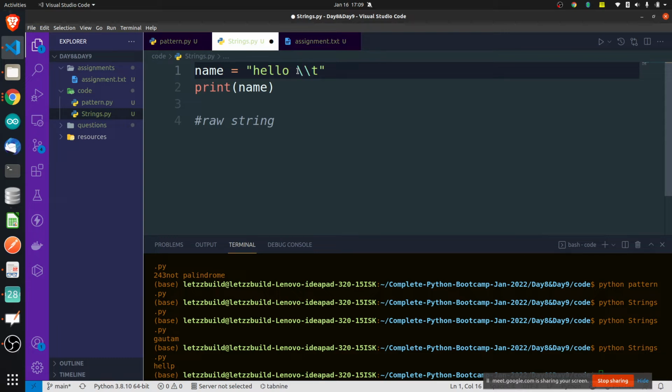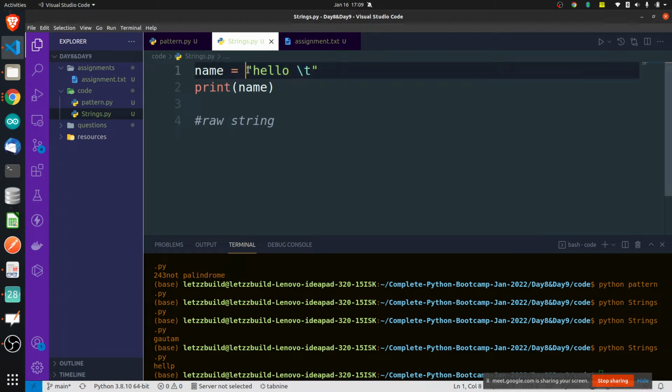Because of double quotes, it is not coming. Why is it not coming? Because these are some special escape characters which are available. And anytime these escape characters are used inside a string, they have a special meaning. So Python is thinking that you actually want to give a tab space and you don't want to give \t. So how to forcefully tell Python that actually I want \t itself and I don't want a tab space? Don't try to use the special meaning of \t. Try to just print \t itself. How to tell Python like that?